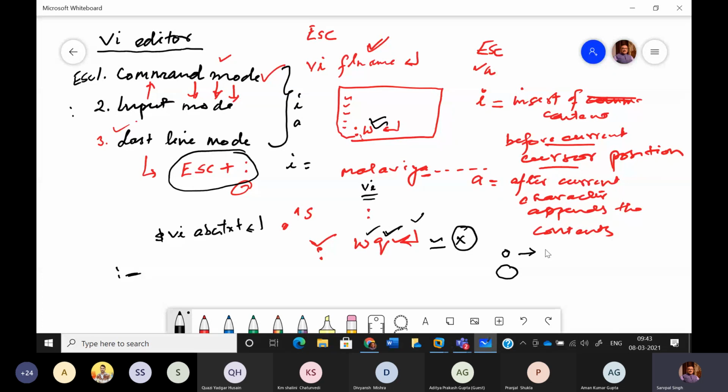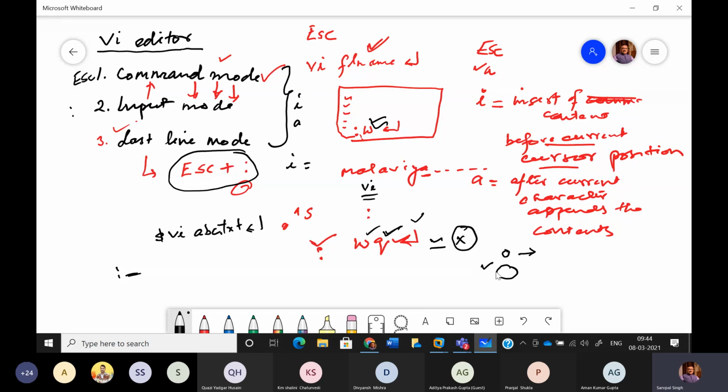It is opening a new line just below the current line. So what will happen, since I am giving the example that right now I am at line number 5, and there only I am issuing the command o. So what will happen, another line, a blank line, will be inserted just after line number 5, and the remaining contents, which are, I mean, line number 6 onwards, will be shifted downward, and now you are having the space to type. And with this you also come to input mode. जब o देते हैं, तो इससे it will open a new line and will put you in the input mode. Now whatever you are typing, that will start appearing in that new line. ठीक है, तो उसमें आना शुरू होता है.